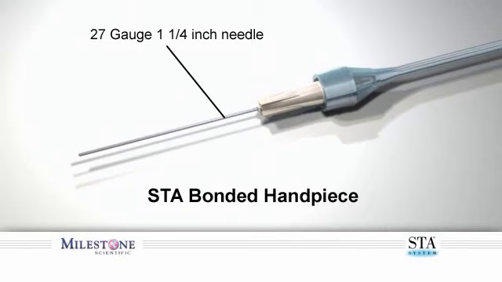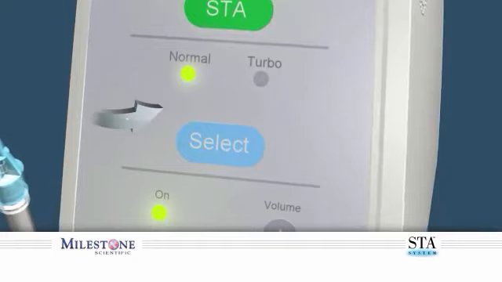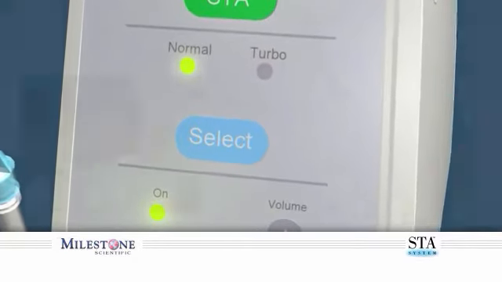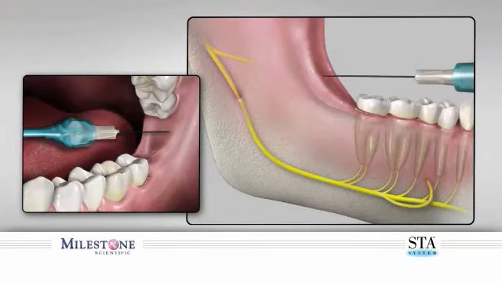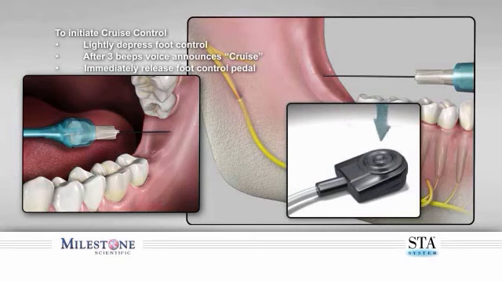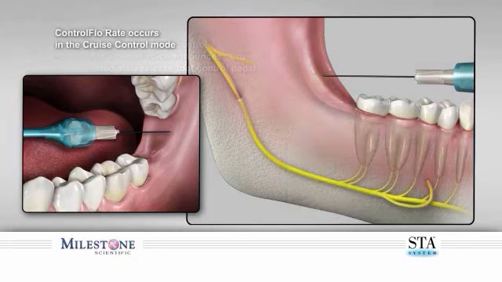Approach the site as you would normally using the traditional anatomical landmarks of the oral cavity. To initiate the injection using cruise control, slightly depress the foot control. After 3 beeps, you will hear the wand system announce "Cruise." Immediately release the foot control pedal to enter into the cruise control mode. This allows the controlled flow rate to continue to dispense anesthetic solution, creating an anesthetic zone in front of the